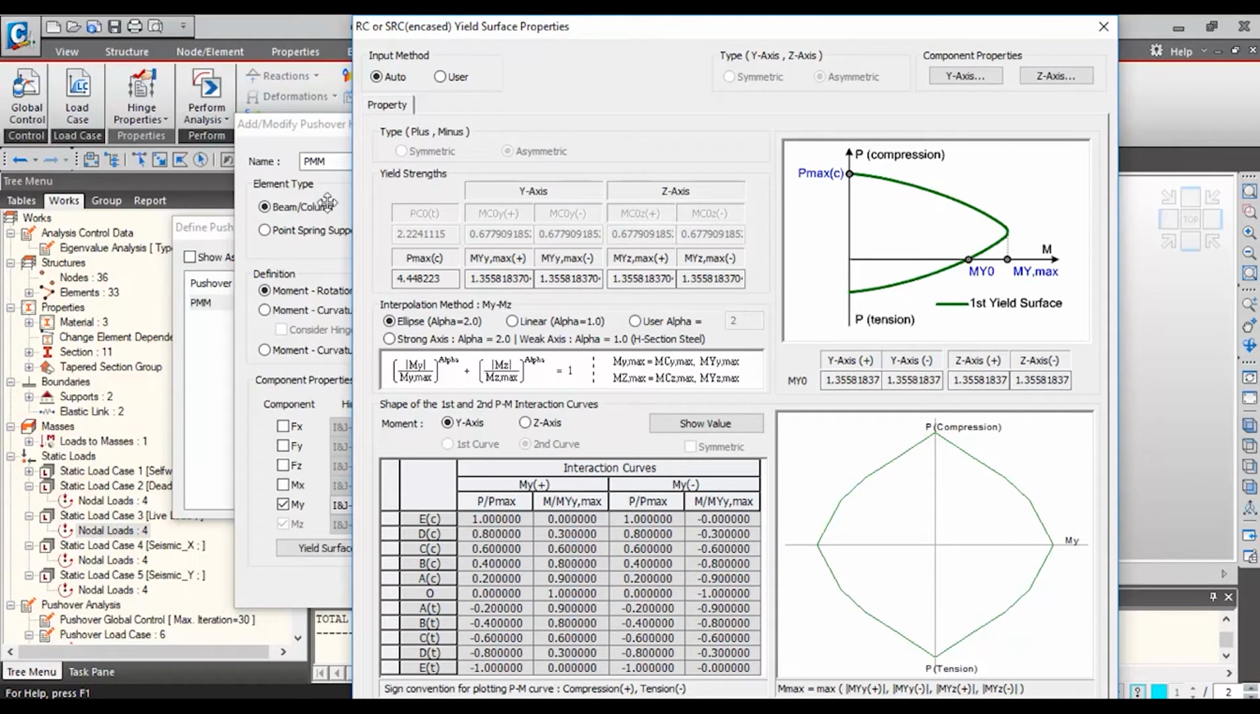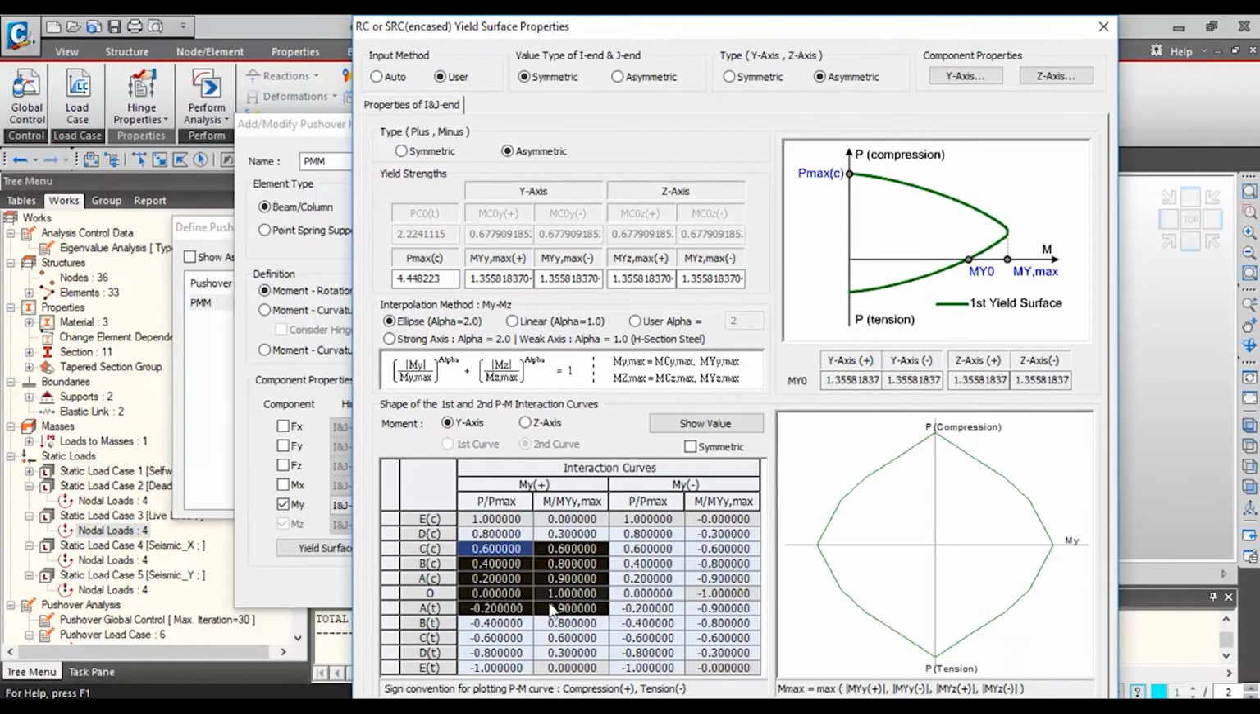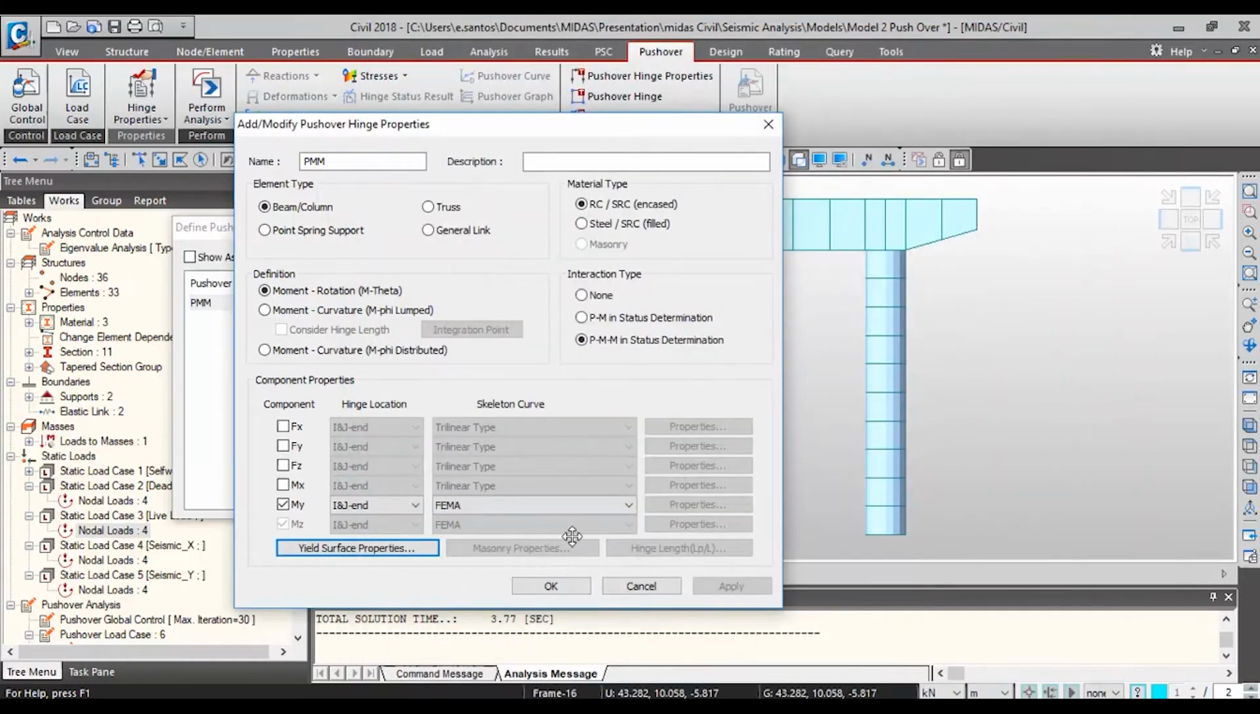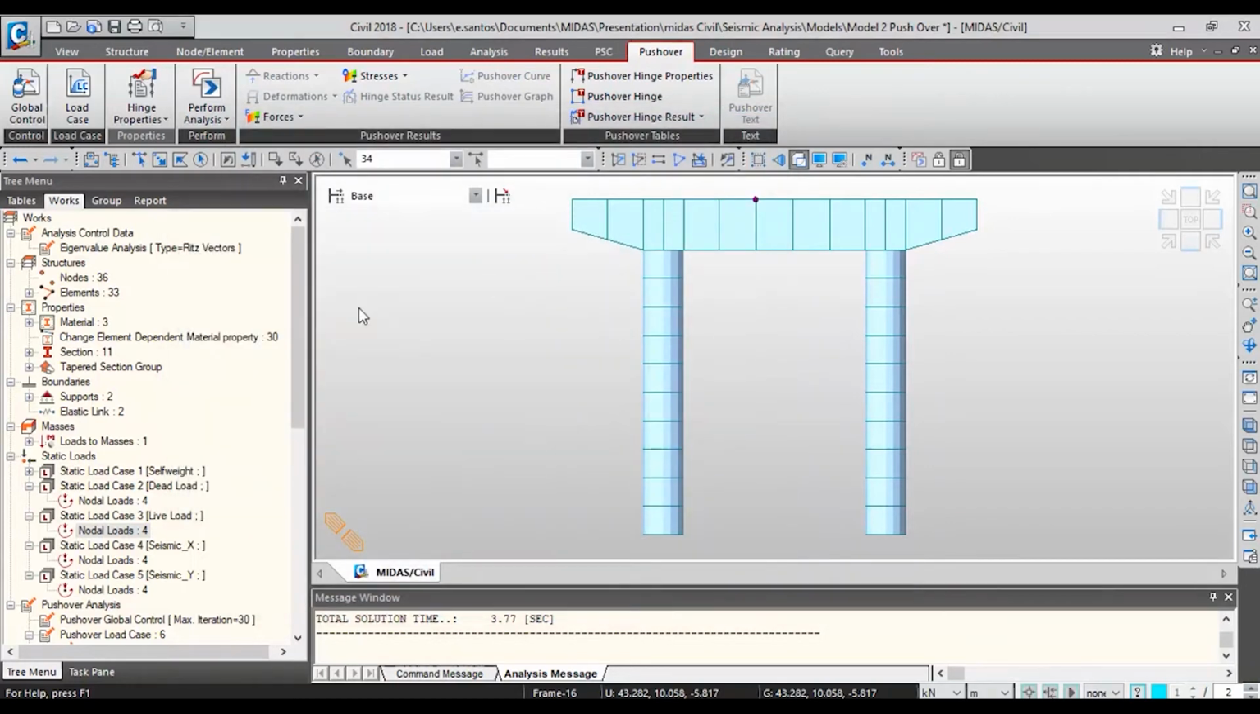Internally, the program can automatically calculate these properties, or the user can input them for the interaction curves. After that, we click OK. We have different types of skeleton curves, such as the bilinear type or the trilinear type. It's up to you which one you want to use. In this case we used FEMA,